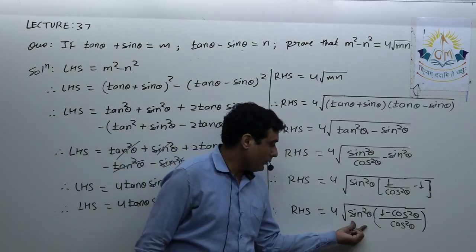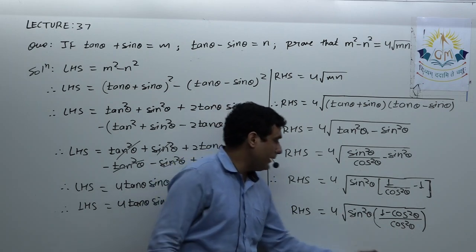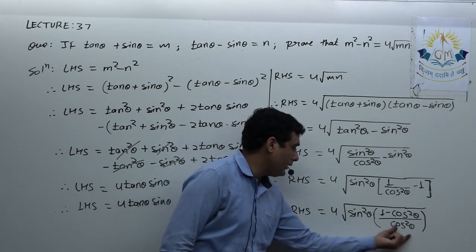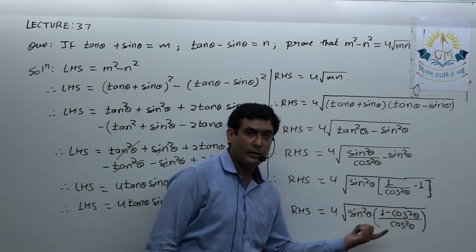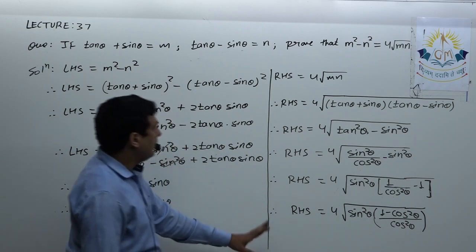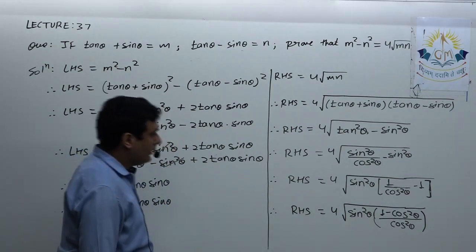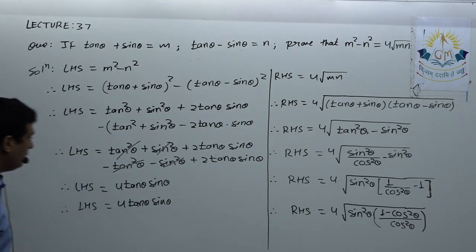See, this is sine square theta and cos square theta. So sine upon cos is tan. So actually here I get tan square theta when I use this and this. And 1 minus cos square theta is sine square theta. And when I take the square root, I will get tan theta sine theta. So note it down up to this point. Then we'll see the remaining 2 or 3 more steps to get its final solution.